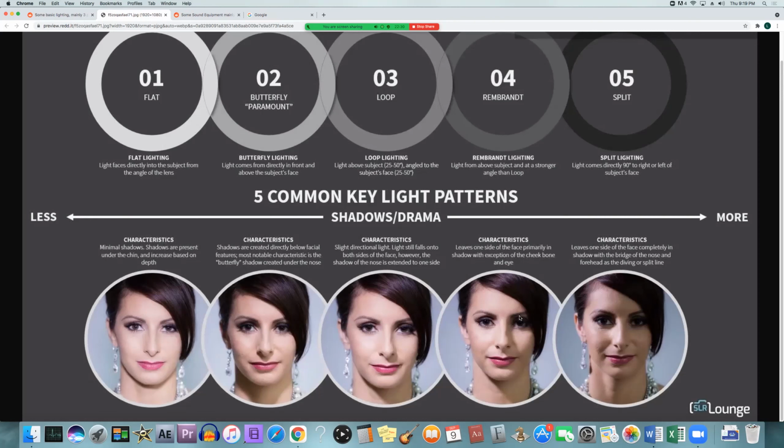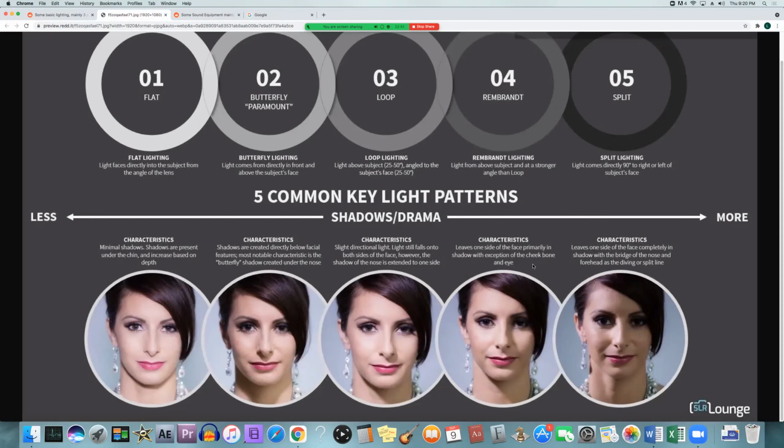everything's lit. There's some shadows coming from one side, but the cheekbone is lit. It makes a little triangle on one side of the face. And wherever the light's coming from, that side of the face is lit, but everything else is pretty much in shadow except for that little triangle. We'll learn more about that because that's used a lot in different films and different